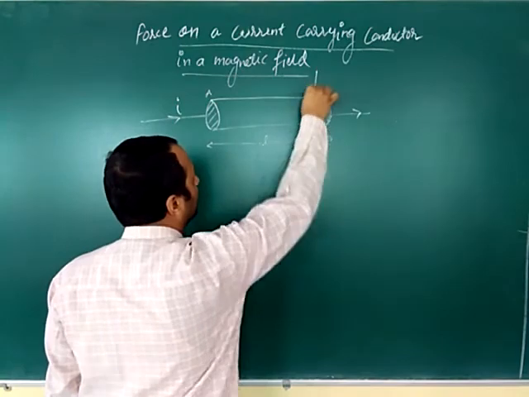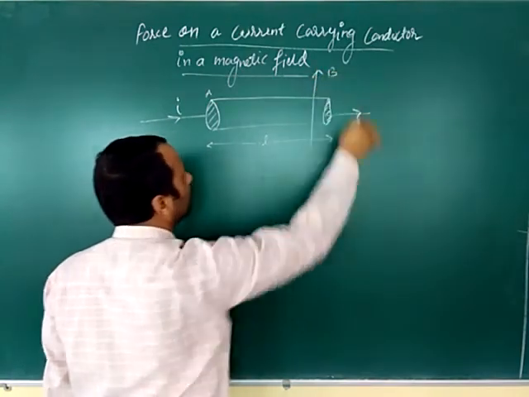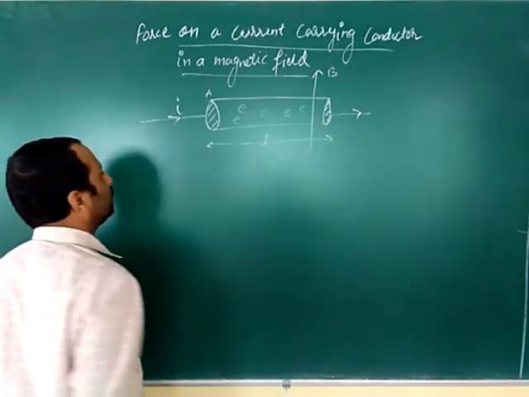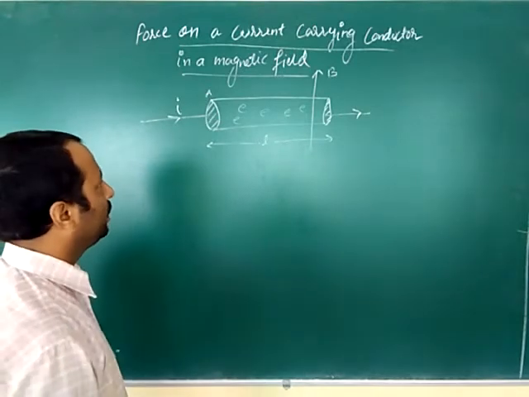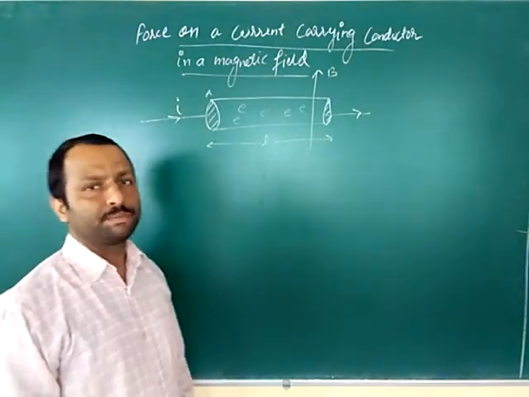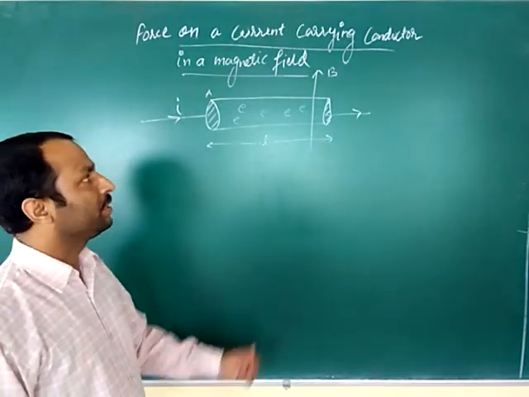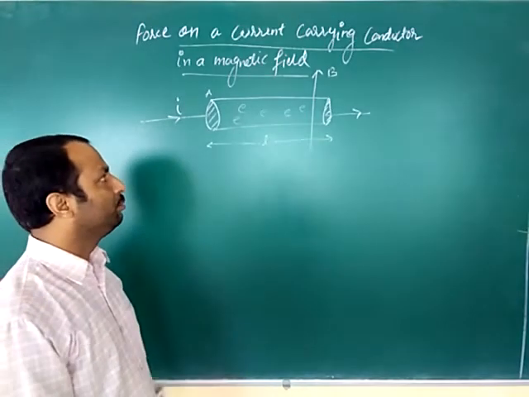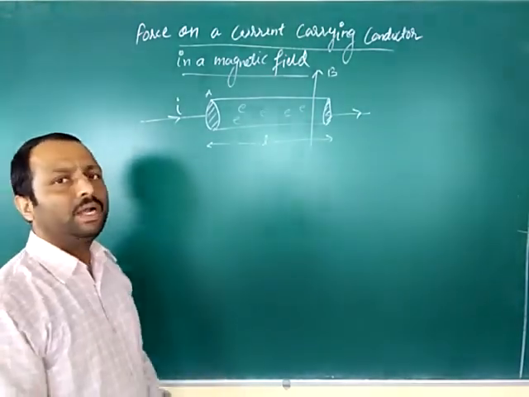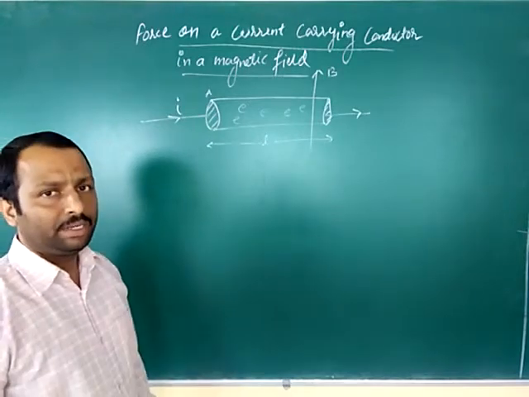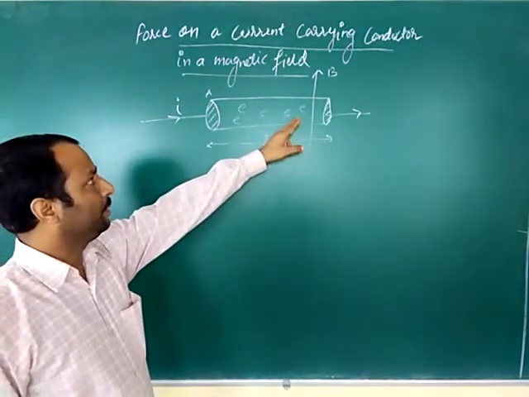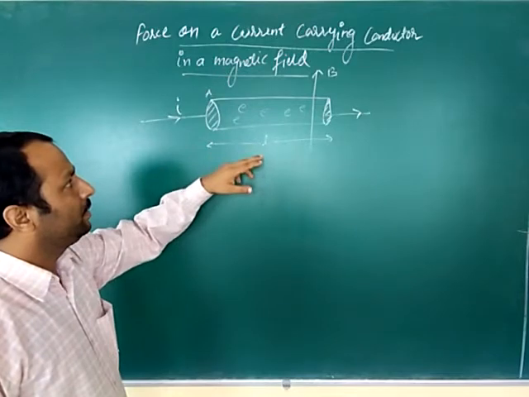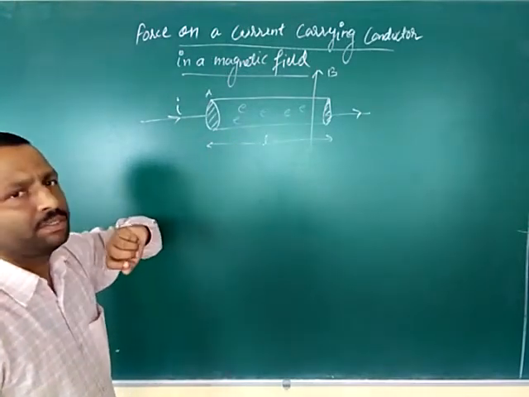Direction of the magnetic field is in this direction. So what will happen, these conductors contain a large number of free electrons. As you know, when electric current is supplied, all the electrons will experience a force and they will start drifting towards the positive end of the conductor. During their movement, they collide with each other and with the atoms of the conductor, and they will keep shifting from this end to that end. Let us see in which direction these charged particles will experience force.